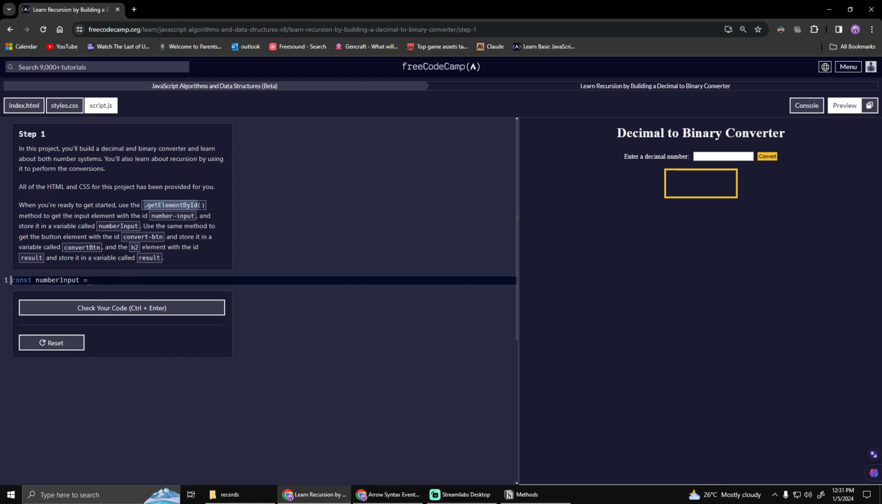If it says getElementById, that means we use document and then chain it with the method called getElementById. That is to get the ID of the element, which is called number-input. Okay,